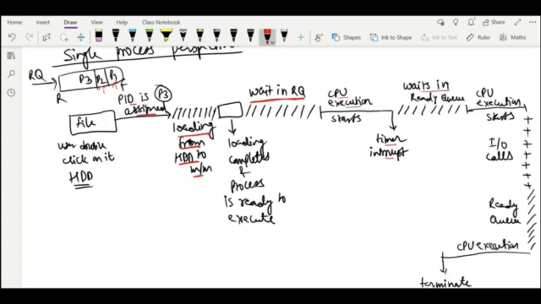So it will go back to the ready queue and wait, and after waiting the CPU is assigned, CPU execution starts, and after some time we need IO devices to print, so it will go to IO calls, and during these IO calls the CPU is not utilized, so in this time the CPU can be assigned to some other process, and after IO calls it will go to the ready queue again, and then CPU execution, and it will terminate. So this is the whole life cycle of a process generally.